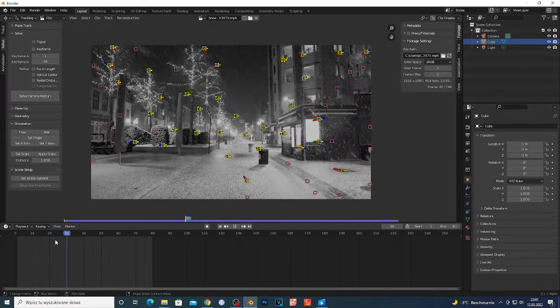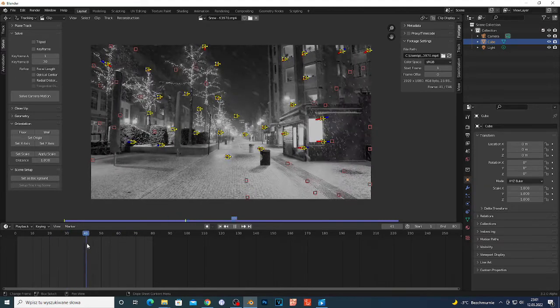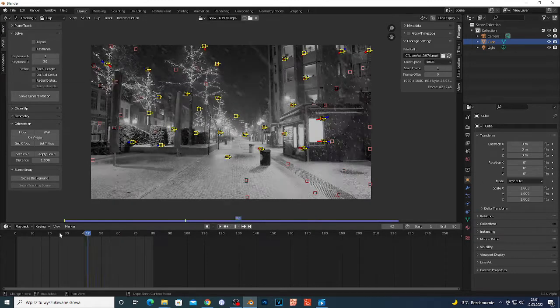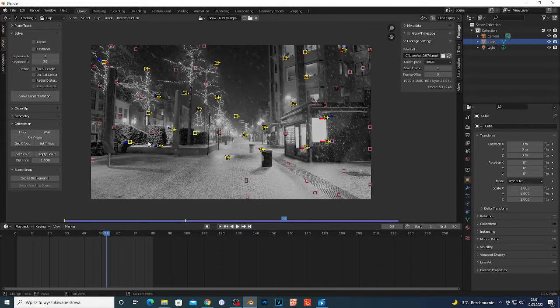So if the movement on your footage starts maybe at something like 40, you want to tap right here 40, and it ends on 60, you want to tap right here 60, like it's the end of the movement. And Blender is gonna calculate this, but you can toggle right here keyframe, and it's gonna do this automatically. So I'm just gonna toggle right here keyframe, and you can solve camera motion, or whatever it's called. So I'm gonna just toggle this, boom,